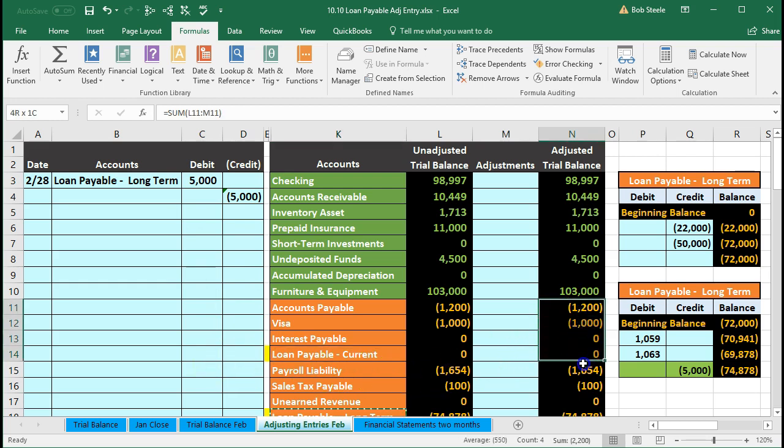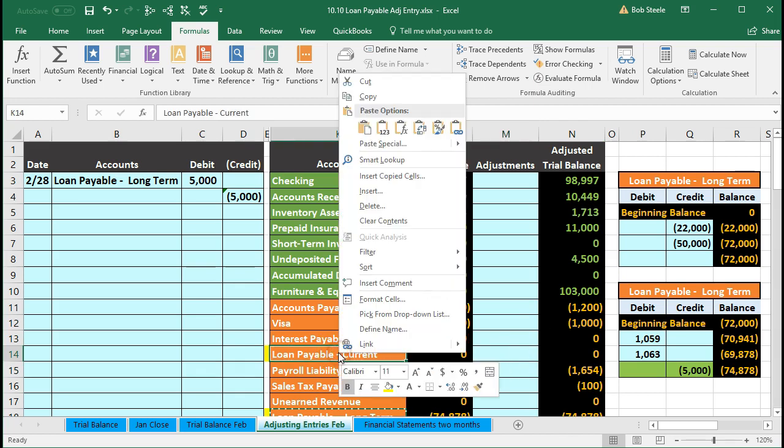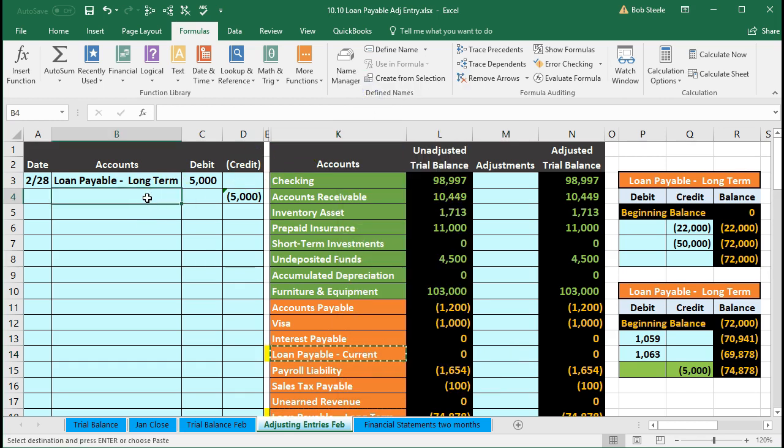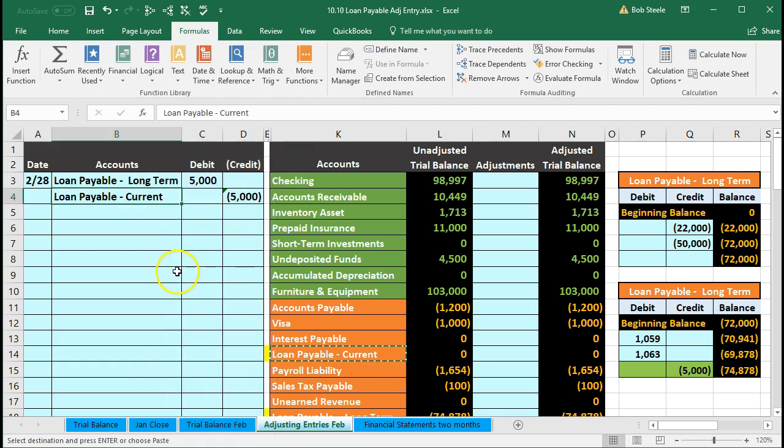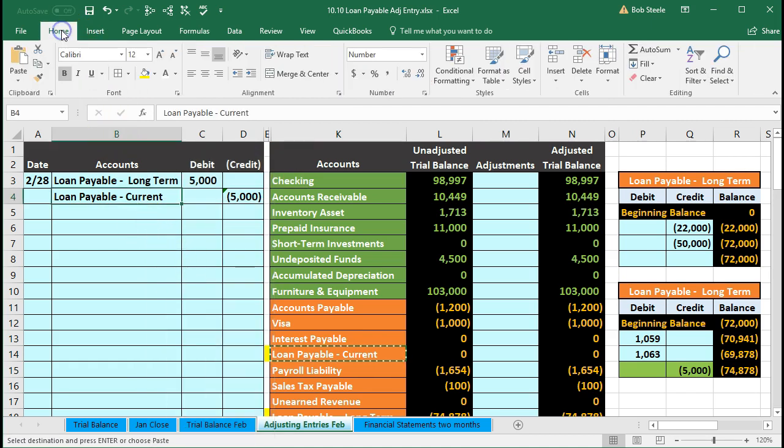Why? Because these are credit balance accounts. We need to increase it, so we're going to do the same thing to it, which in this case is another credit. So we're going to copy that loan payable in K14, right click and copy. Put that in cell B4, right click and paste 1, 2, 3. Then we'll increase the indentation by going to the Home tab, the Alignment group, and increase the indentation. Then we'll go ahead and post this to the center column, the adjustment column of our account,